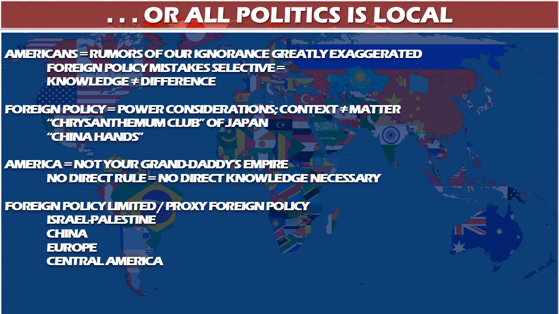And the final point is that maybe our foreign policy is relatively limited, and when it's not limited, we are going through other countries, and therefore we don't need to know directly. And for Americans, most of our foreign policy, if you look at what areas of the world that presidents typically talk about during election time, it's Israel Palestine, it's China, it's Western Europe, and perhaps Central America, which is mostly Mexico. South Africa generally doesn't come up unless there is some ongoing human disaster going on there, whether a disease or famine or things of that sort.